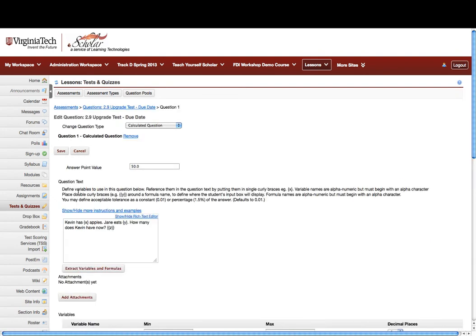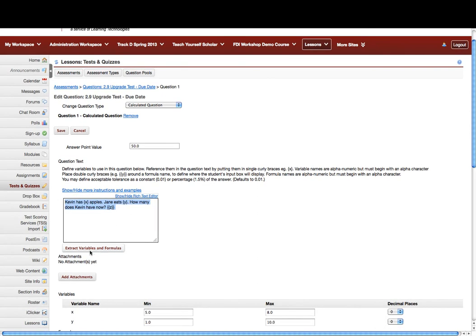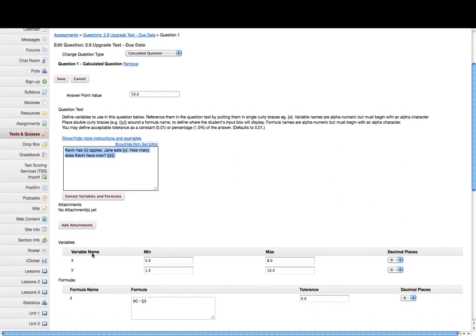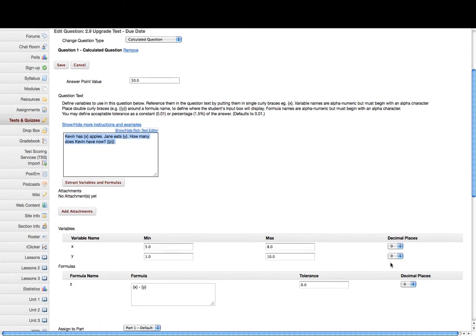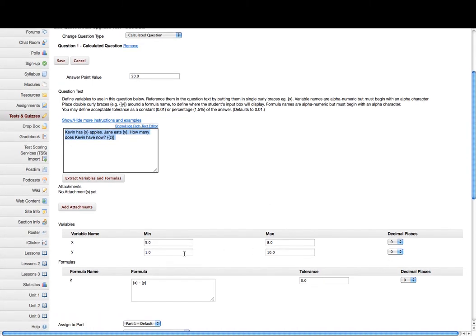And you'll notice that your variables are defined by putting brackets around them, and then your formula has two brackets. What you'll do is you'll put in your question here. Once you do that, hit extract variables and formulas, and it will find the variables here, x, y, and then my z formula. You then go in and fill out the minimum and the max, as well as how many decimal places you want for your variables, so that if you want, each student gets different questions. And then your formula, you put your formula in, do your tolerance and decimal places as well, and then save